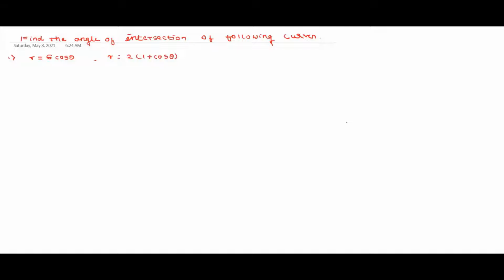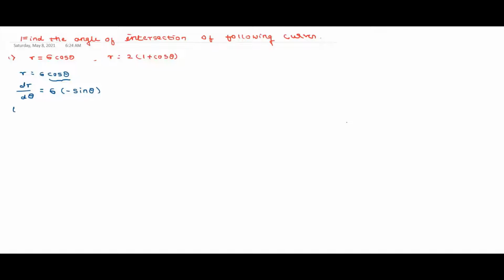Okay. Now let us write down the first curve. r is equal to 6 cos theta. We have to find the value for tan phi 1, and to find the value for tan phi 1, differentiate with respect to theta. If we differentiate with respect to theta, we get dr divided by d theta. And 6 is constant, right, as it is. What is differentiation of cos theta? Differentiation of cos theta is equal to minus sin theta.